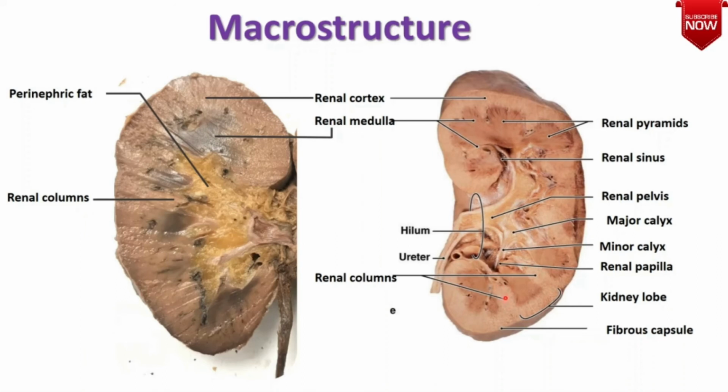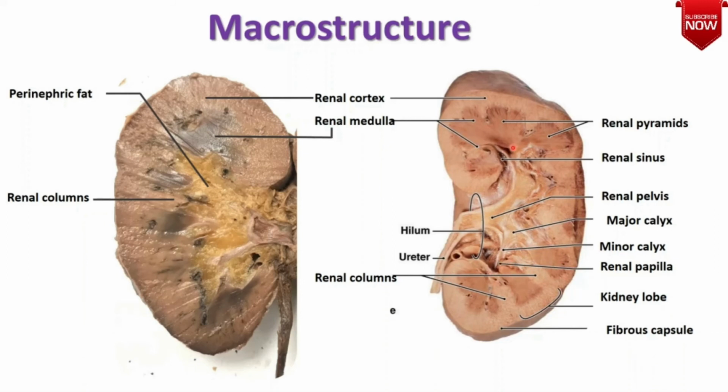So, one renal pyramid along with the cap of the renal cortex and the adjacent part of the renal column is known as the renal lobe. Again, I am repeating. This is the renal pyramid, and then this is half part of the renal column on both sides, and this cap of the renal cortex. These all constitute the renal lobe or the kidney lobe. These pyramids open at the renal papilla.